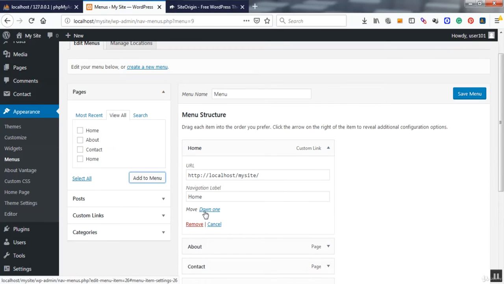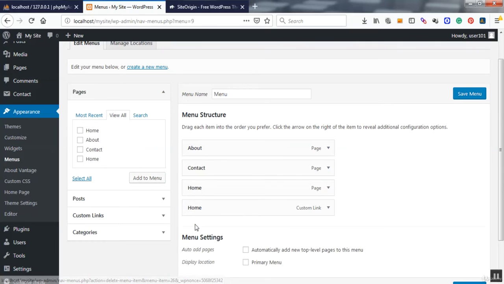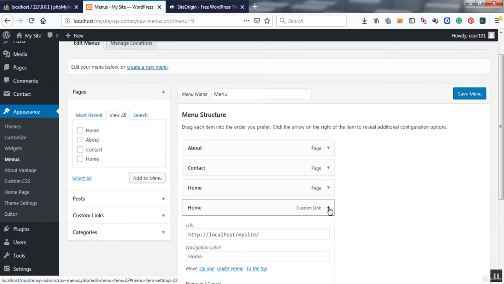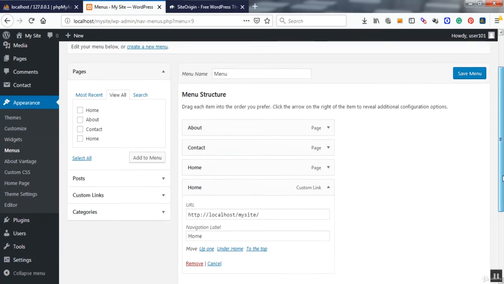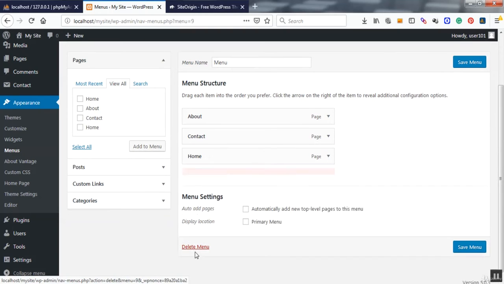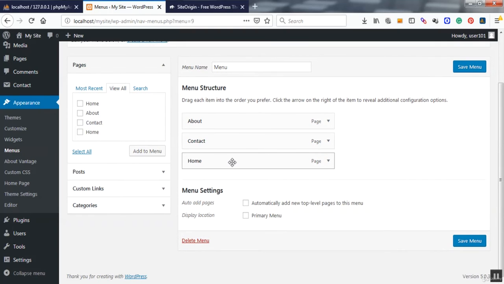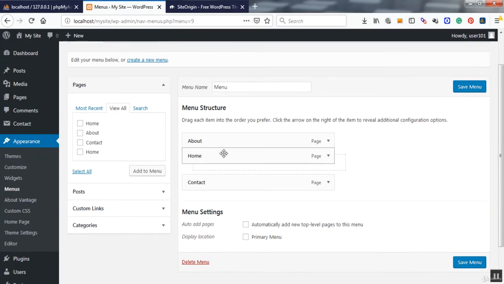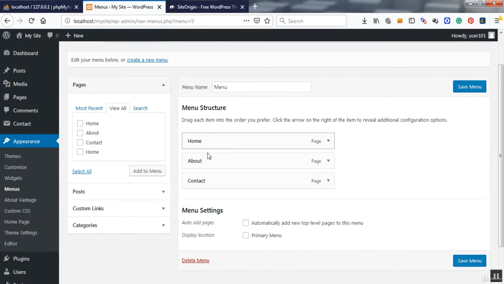I'm going to go ahead and delete this one here. I'm going to remove it. And then also this custom, scroll down, I'm going to remove it. Now, in order to rearrange this, we need to click and drag to rearrange. Okay,